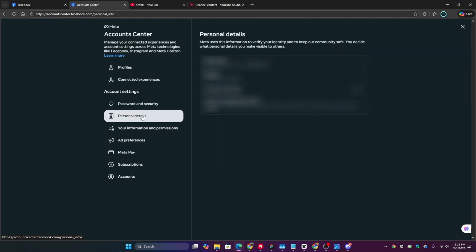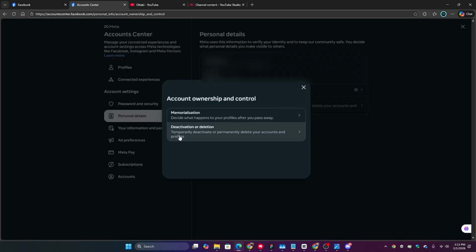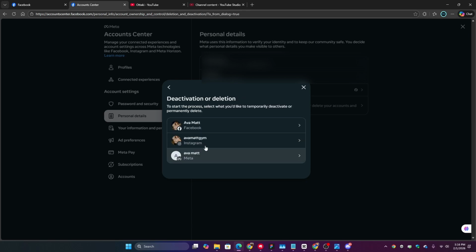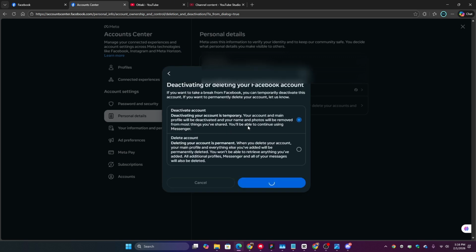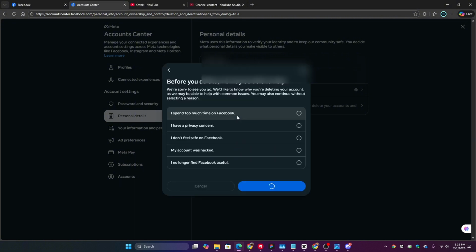Sorry guys, you just need to go to personal details, and here you will go to account ownership and control, and then you will go for deactivation or deletion, and then you will just press the Facebook account, and then go for delete account, continue, and then